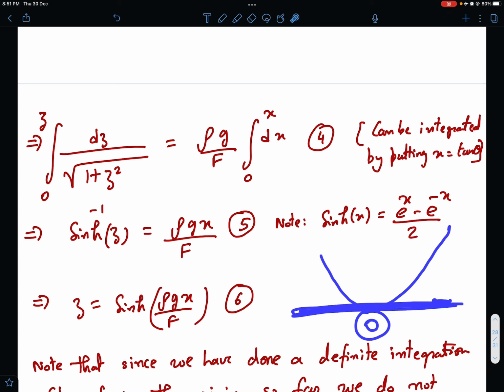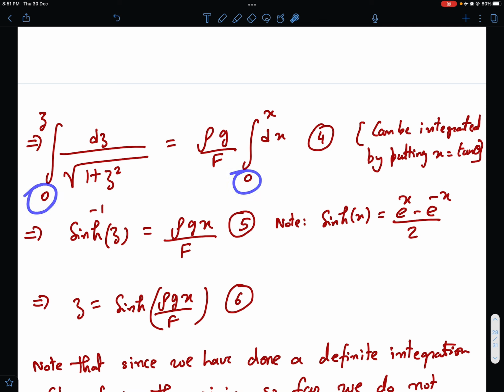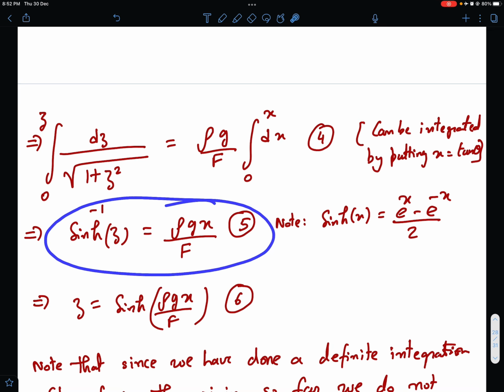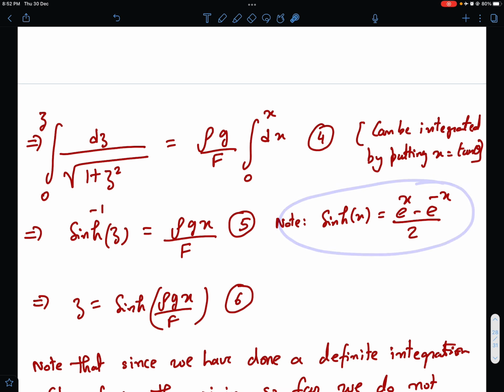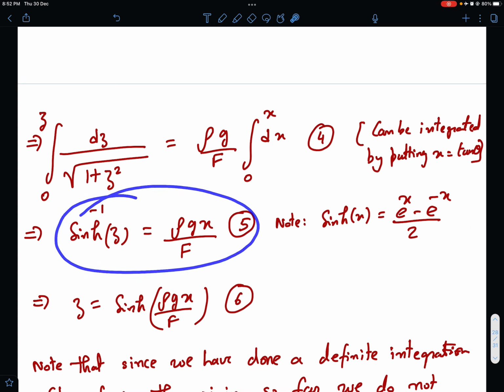So z was y dash, right? That was supposed to be slope. So that's why at x equal to 0 the slope is 0. So that's what I put, 0 and 0. And at x equal to x, slope is z, okay. So just integrate this, and this is what you get. So sine inverse of z is rho g x by F. This is the definition of sine inverse, okay. So from this, if you rearrange this, you get z is equal to sine of rho g x by F,